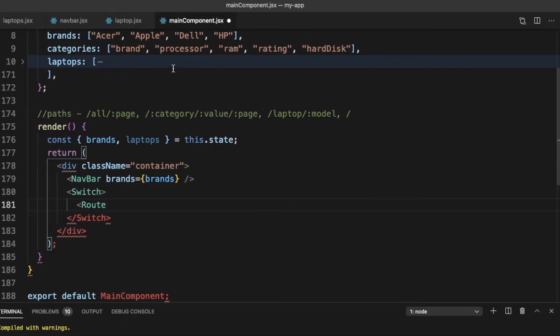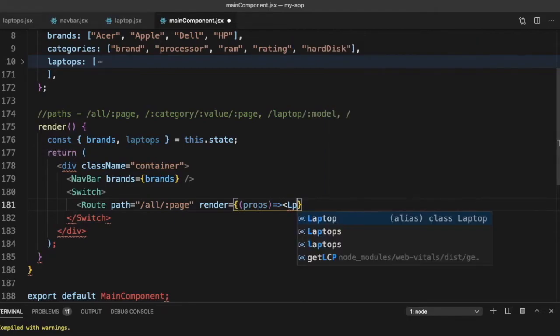So the first route is path is equal to slash all slash colon page. And what do we do here? Render is equal to props goes to, and what is the component we will show here? Laptops.